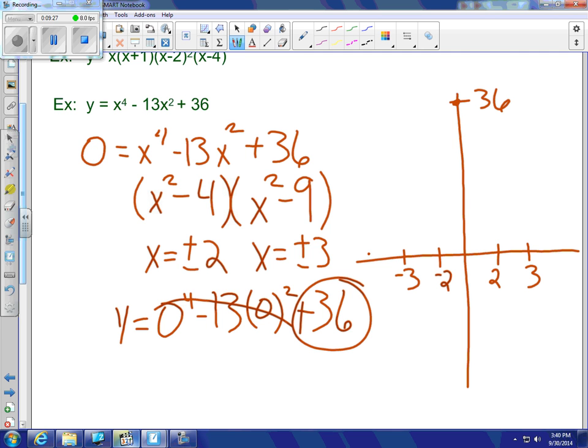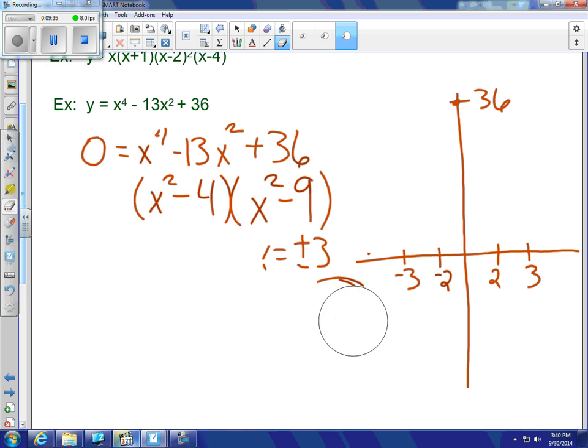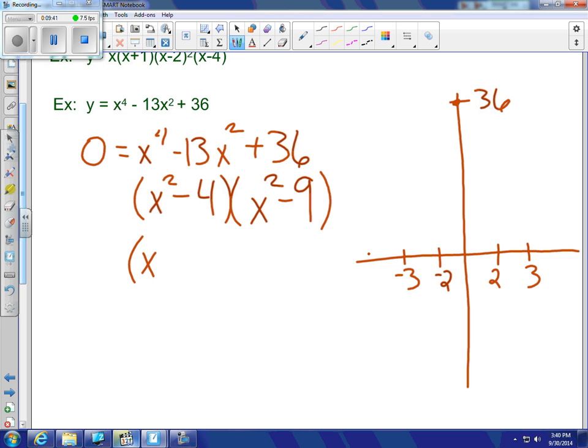Now, remember, what direction is your graph going? Just going to erase this so I have more room. Okay. So pick a number that's less than negative 3. So, I don't know, negative 4. So when you plug in negative 4,